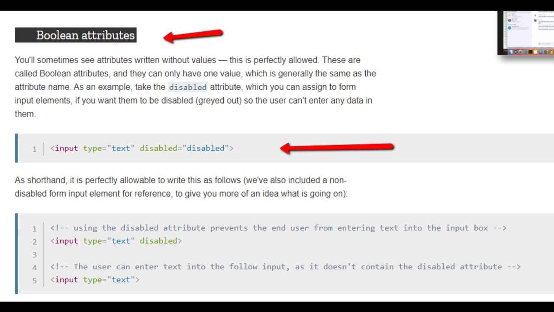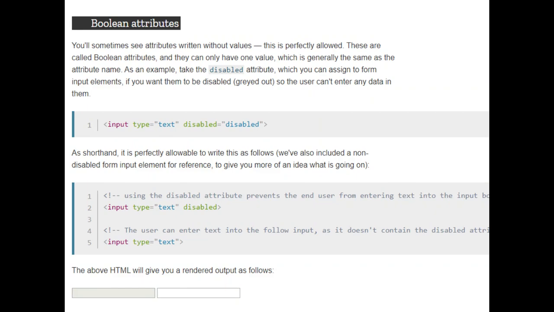As you can see, this is disabled. It means this will disable the input text. Below you will find that this input box is disabled, meaning no one can write anything because it is disabled. We need to remove this disabled boolean attribute from there, then you will be able to write something, because an input element is allowed to take some text.